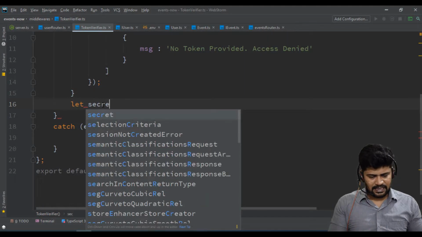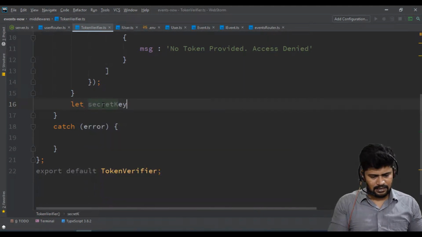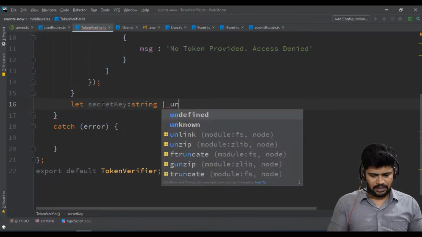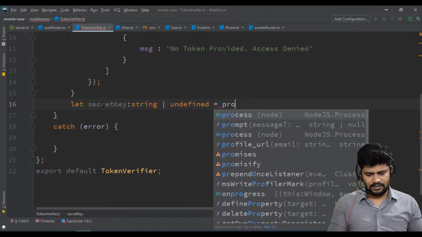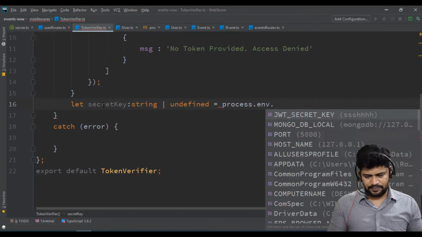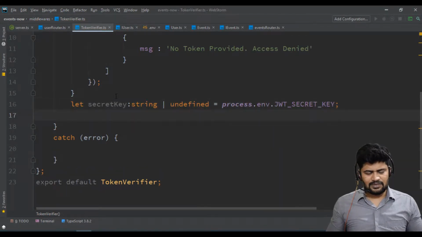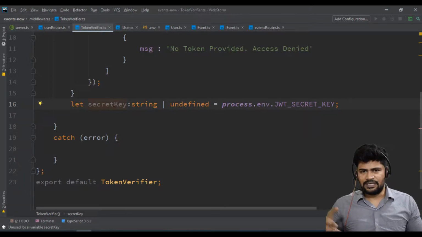Let secretKey of type string or undefined is equal to process.env.SECRET_KEY. We have to use the same secret key to decode. To encode we used the secret key, and to decode we use the same secret key.